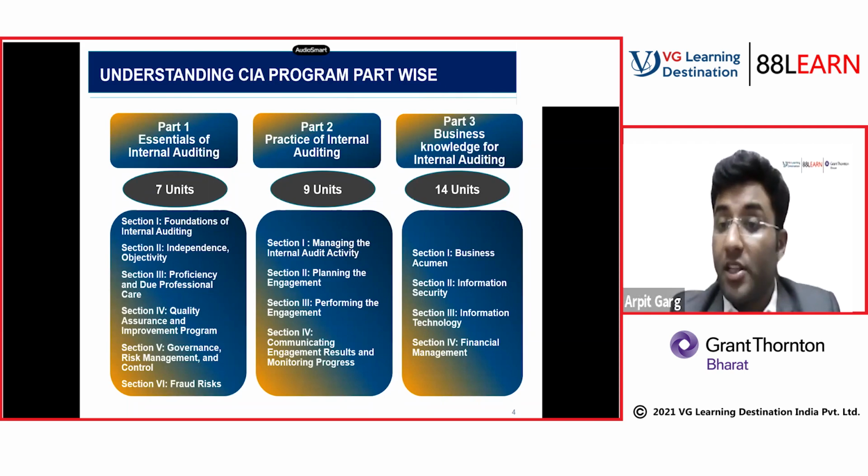It talks about the different foundations of internal auditing. What are the different standards in internal auditing? How, as an internal auditor, you are expected to be independent. What should be objectivity? What is our proficiency in this internal audit domain? What we need to take care of when we are performing internal audit? The QAIP program. Governance: what is an understanding of governance? What are the roles and responsibilities of a board? What are the roles and responsibilities of an internal auditor? What are the roles and responsibilities of senior management across governance, risk management, and control areas?